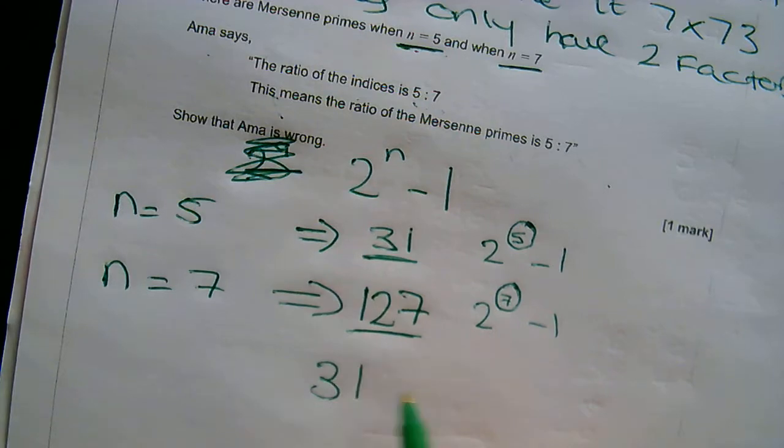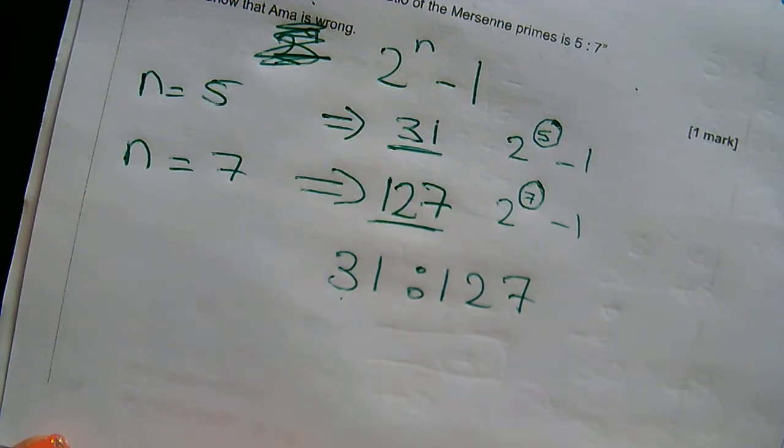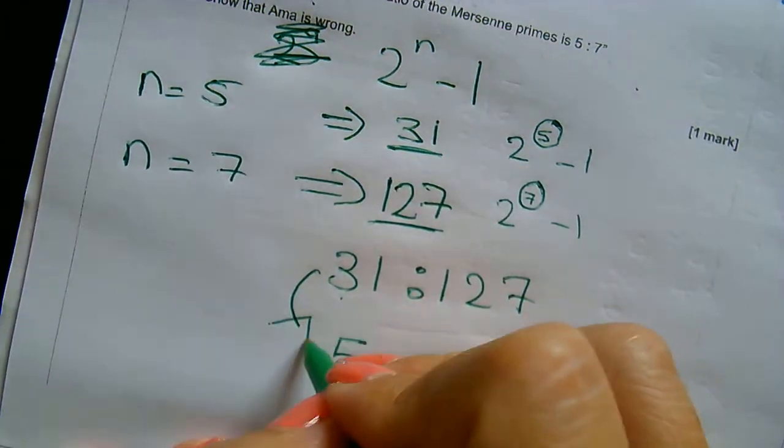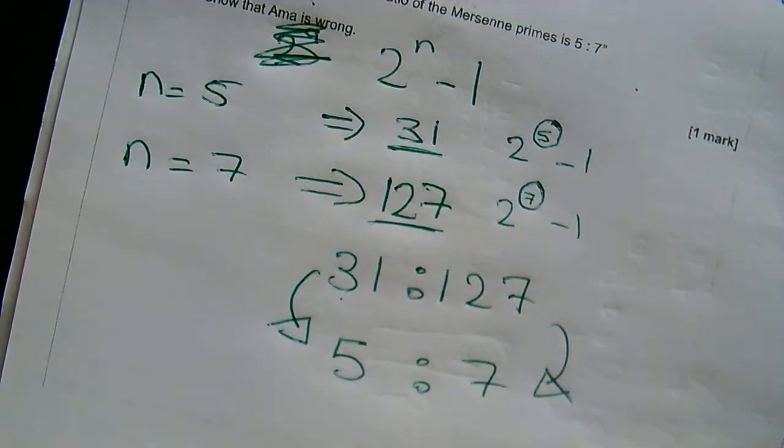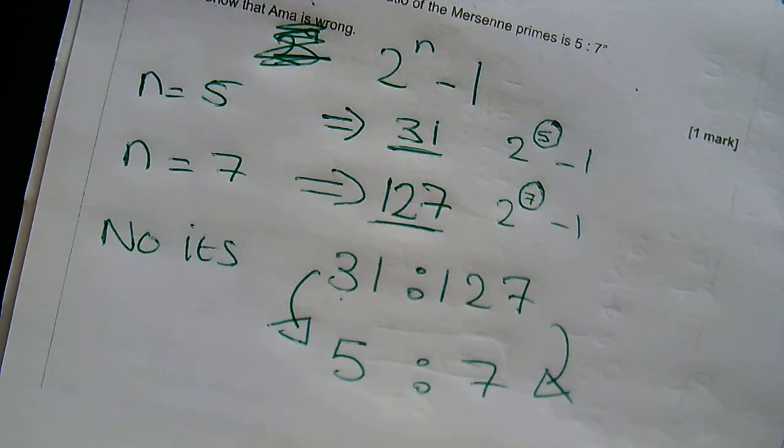So 31 to 127. Well, that's what they're in the ratio of, 31 to 127. And is that 5 to 7? Well, she tells us that it's wrong, so we've just got to prove that there's no relationship between that and that. So we just know it's 31 to 127, which is not